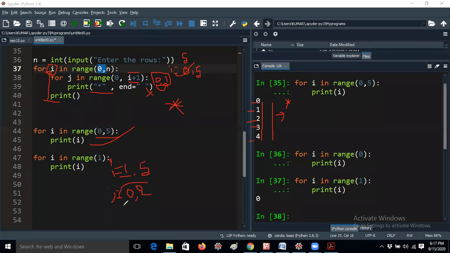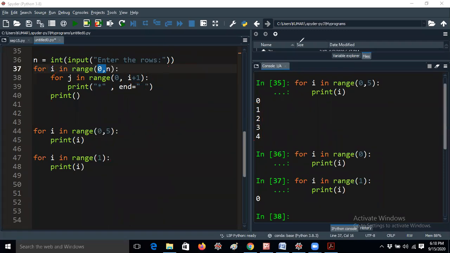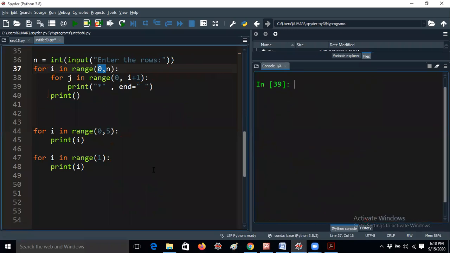That means 0 comma 2 gives you only 2 values, so the loop will be iterated 2 times. I am printing a star, so with 2 iterations you get 2 stars. This is the way to think. Hope you understand now. Let me clear the drawings and run again.